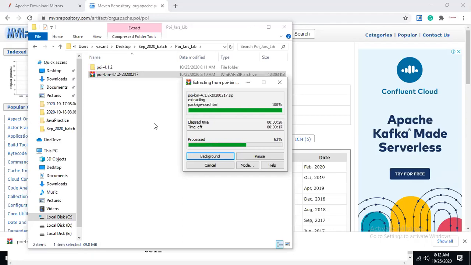Every configuration you have to do properly: downloading and configuring, like adding the jars and all.